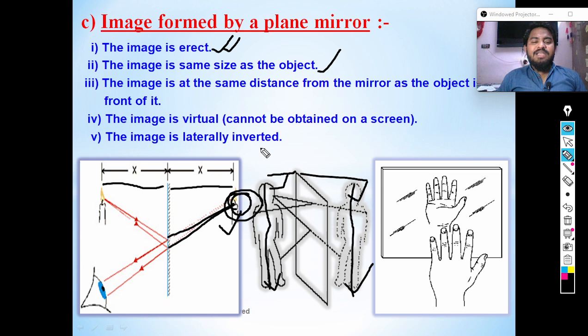And the image is laterally inverted. So what does it mean, laterally inverted? Which means your right appears like your left and your left appears like your right. So this is the meaning of laterally inverted. So hope we learned well from this video. The next class we learn about the